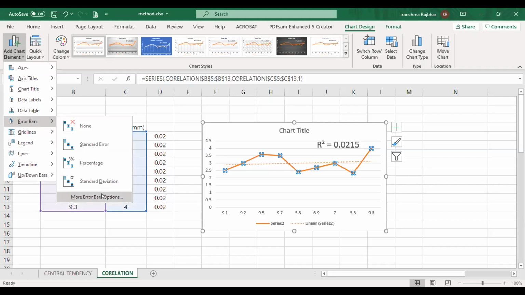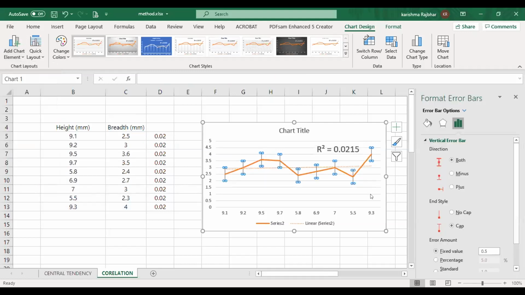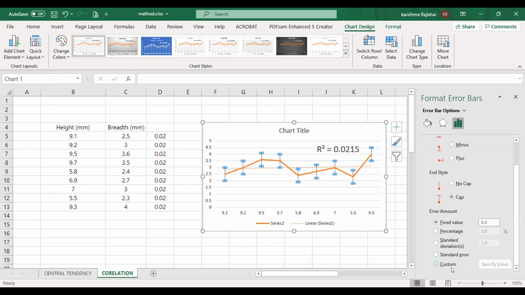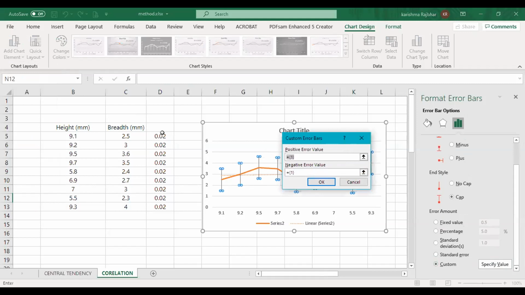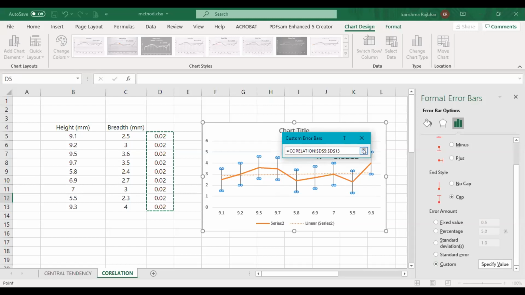I will go for more error bar options, and see here there is one called Custom. I will select Custom because I have my data. I will specify value, and select my SD value. So for positive also I will select the same data, and for negative also I will select the same data. Okay, because we report SD as plus and minus.